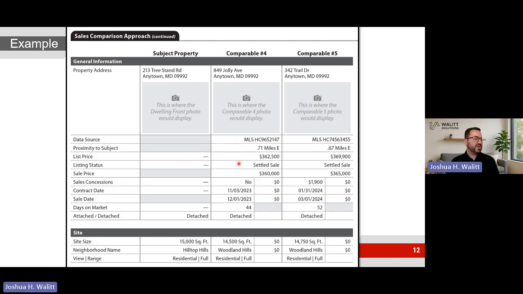You can see some very logical information here. We don't have these weird abbreviations like a C for closed sale; we actually have real English words. Look at that. It's a readable report. Who would think we'd want a readable report for our users, right? They can read and say, oh, this is a settled sale, as opposed to active listing, pending, and so on. What's the sale price? We can make adjustments here. So for seller concessions, the contract date, sale date, is it attached or detached? We don't have days on market jammed in on some other line. Now it has its own line.